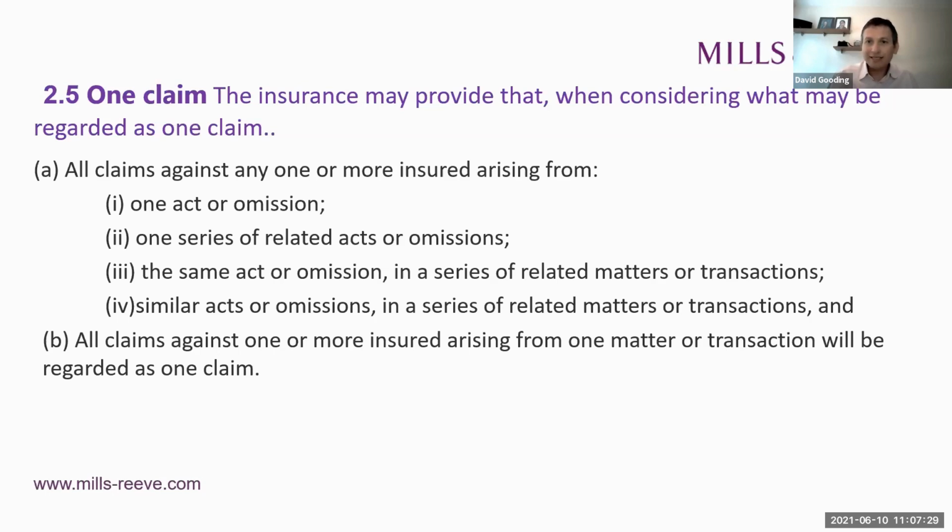But the judge ruled you need to consider what was the proximate cause of all the losses. So the related acts or omissions have to be the proximate cause. In Dixon, the unifying factor was the lawyer's dishonesty, but the proximate cause of the clients' losses was the thefts themselves. So there couldn't be a single loss identified. So you can see why the issue around what is or isn't related can be so contentious and fact sensitive. I've heard that the case is being appealed. It'll be interesting to see how that evolves.